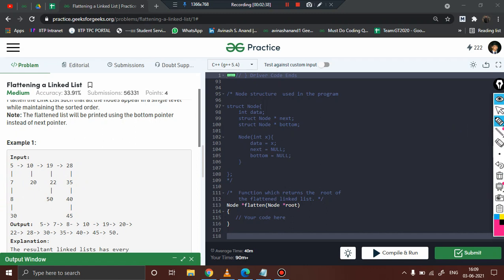Now to simplify, we can assume that this is nothing but a cascaded linked list. You can see the linked lists are cascaded, present side by side. Moreover, they are sorted. My objective is to combine them into a single linked list, and the structure should be,